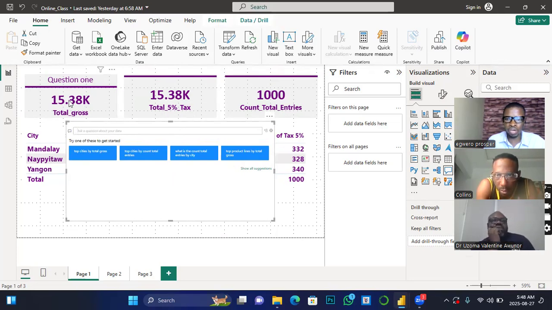Remember the question we answered here yesterday. The question was, what is the total gross income from all the cities? So let's say I do not have this card and I want to achieve that with the Power BI Q&A. So I will just type what is the total. You have to be mindful of the keyword you are using. The keyword must be words that have been used in the data set. What is the total